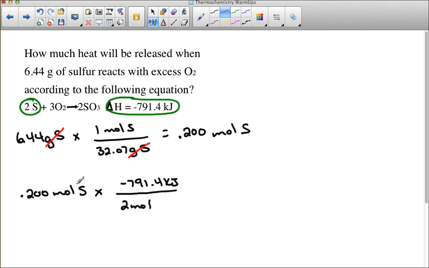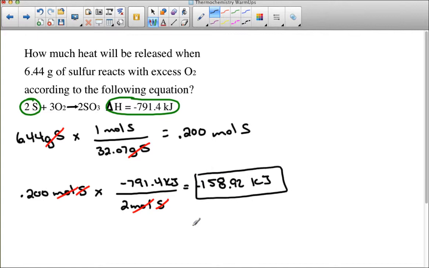Now again, I come to double check. Notice moles of sulfur will cancel out moles of sulfur. I forgot to write sulfur there. So now notice the units I have left, which is kilojoules, and that's what I need. So all I have to do now is take that 0.2 and multiply by negative 791.4, and I have 158.92 kilojoules, and that is my answer. Don't forget this is negative. Okay, so if 2 moles make 791.4 kilojoules of energy, then 0.2 moles would only make negative 158.92 kilojoules of